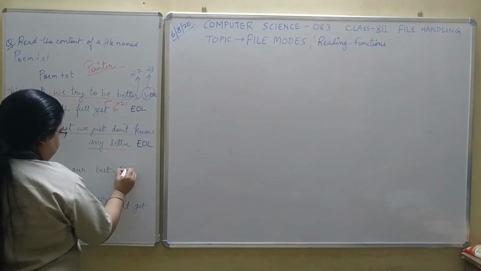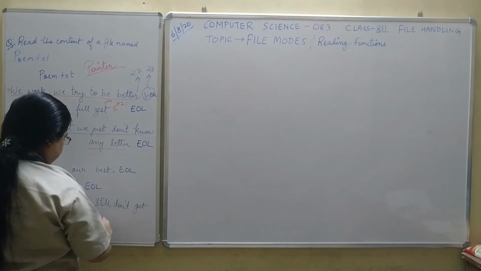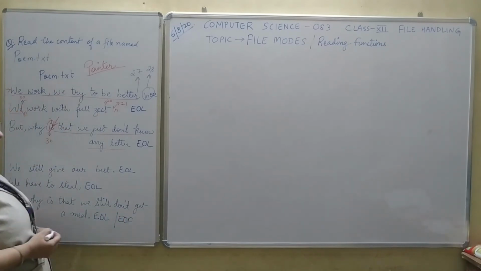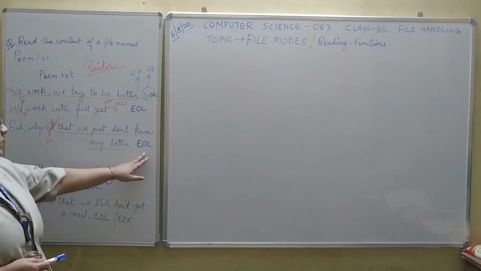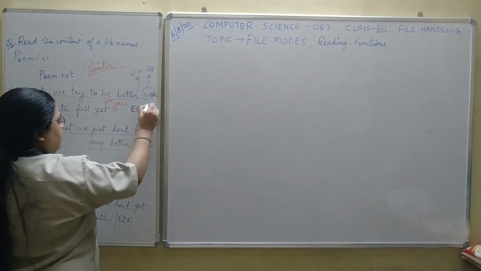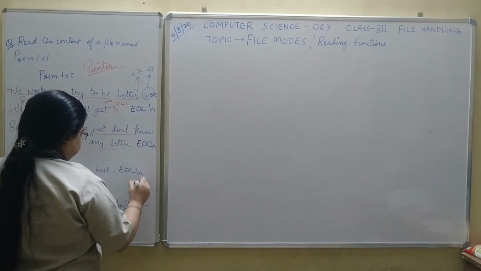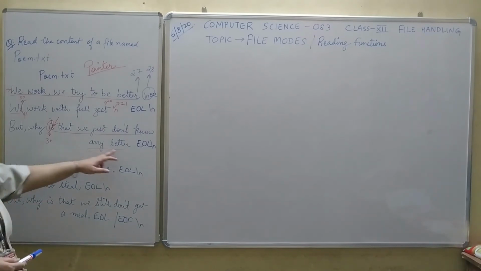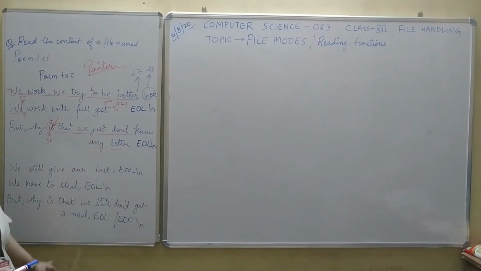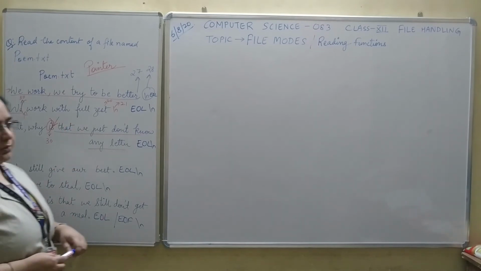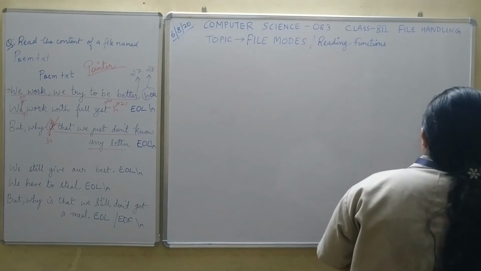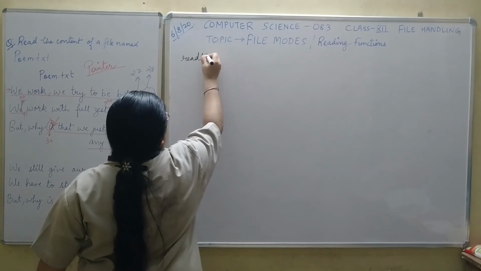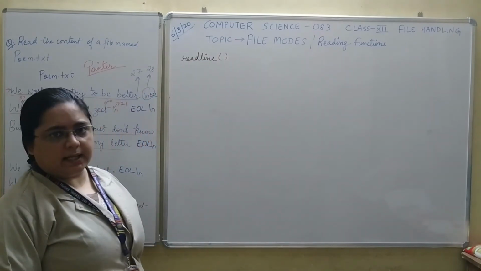Here also we have an EOL. Here also we have an EOL. And here also we have an EOL, and an EOF, that is the end of file character. So at the end of every line there is a new line character. You can either say this is EOL or slash n. Understood? So there is a slash n character at the end of every line. So what the read line function is going to do is read one line at a time.